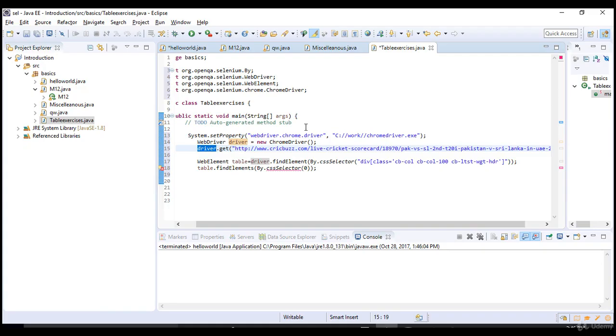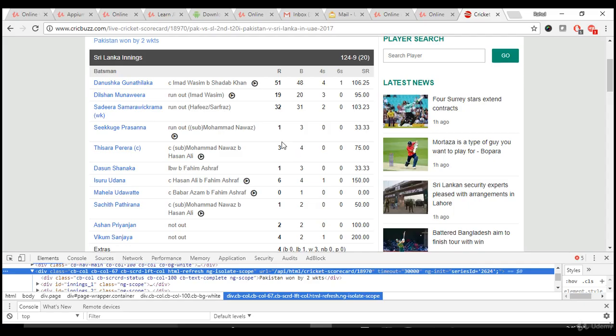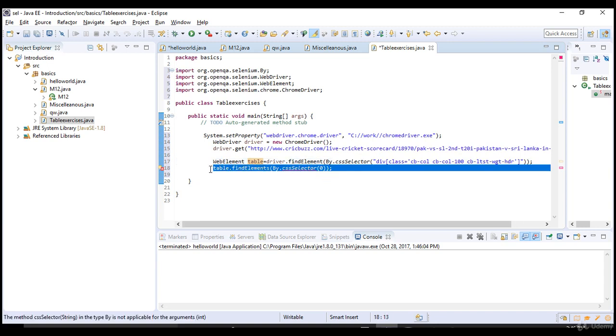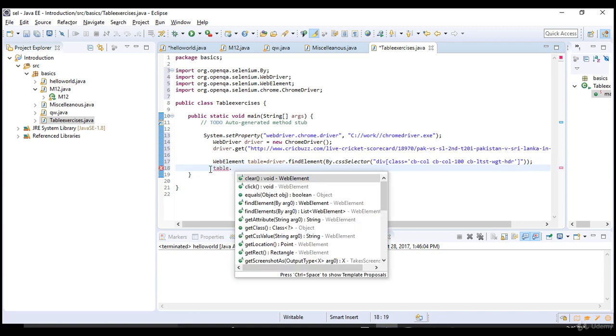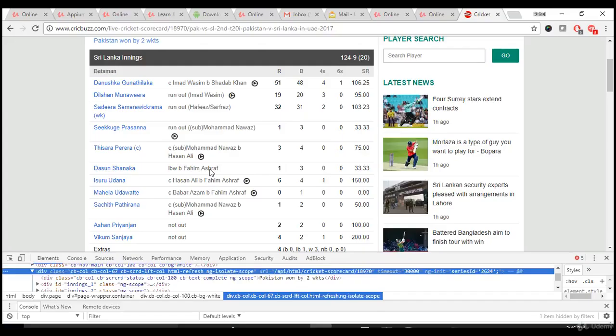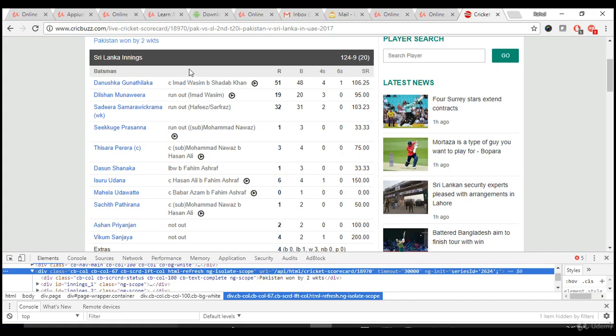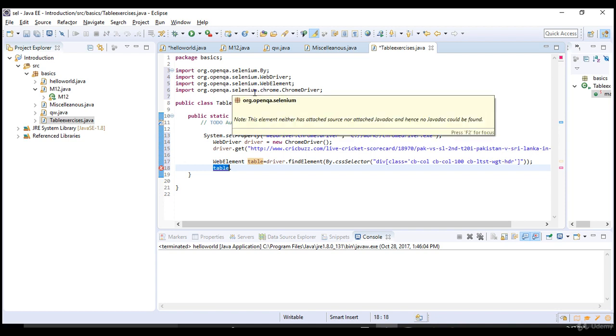So this driver is actually a parent to entire whole web page, right? But our parent should be a short one because our child elements lie only inside this table. That's why I have taken this table as my object first by finding it uniquely, and then I am saying table dot. So when I say table dot find element, and if I provide any locator, WebDriver, as it's pointing to parent dot, it will go and search inside this table only. So this is the concept of subsection elements.